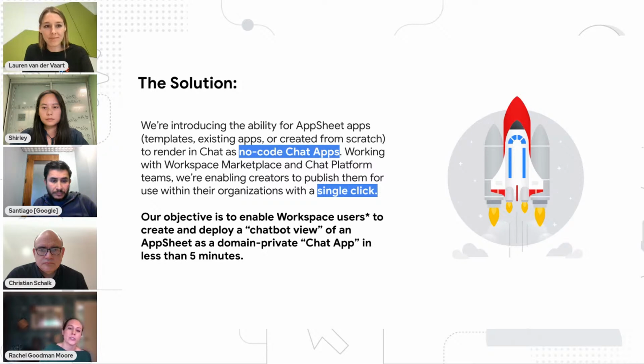That is why we are excited to introduce the concept of AppSheet chat apps, which allow users to build without code, again using AppSheet's no-code app builder, these types of in-context solutions, specifically in-context workflow solutions or processes or even automations that can exist, powered by AppSheet, within the environment of chat. So we're introducing these no-code chat apps. It's a collaboration between AppSheet, Workspace Marketplace, and the chat teams, and it allows AppSheet creators to create an app and ultimately publish it to chat with a single click so that your users can interact with your AppSheet apps solely from chat, from a chat dialogue or from chat cards, or even just send automations that trigger those actions within chat. Again, solely powered by AppSheet from this no-code perspective. So if you can go to the next slide as well,